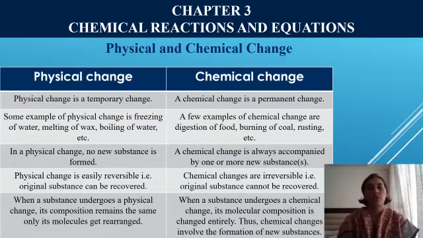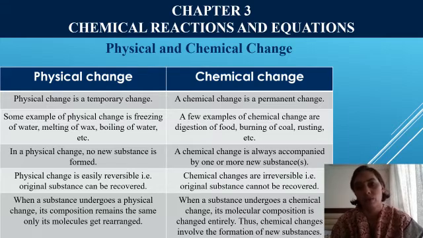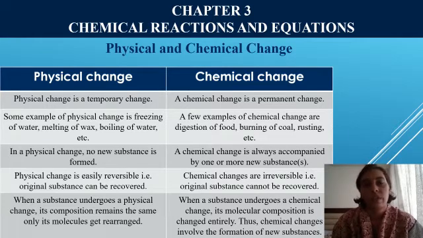So here we have our first slide that tells us about the physical and chemical changes. But before we go to the difference between physical and chemical changes, there is a question: why do elements combine with one another? Why do they react with one another to give rise to molecules or various compounds? So the reason is obvious, that every element tries to achieve the outermost electronic configuration of the nearest inert gas.